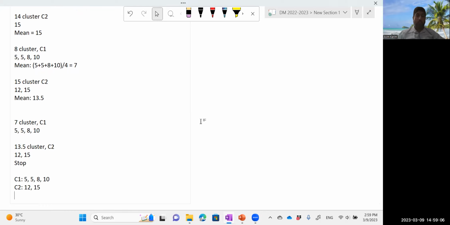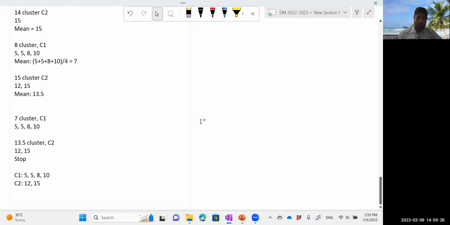I have demonstrated it with 1D points. If you have in general m dimensional points, so it will work the same way. The only difference would be that the distance would be computed by some appropriate distance, usually the Euclidean distance, and the mean would be the mean of a vector. So let's say 2D है,